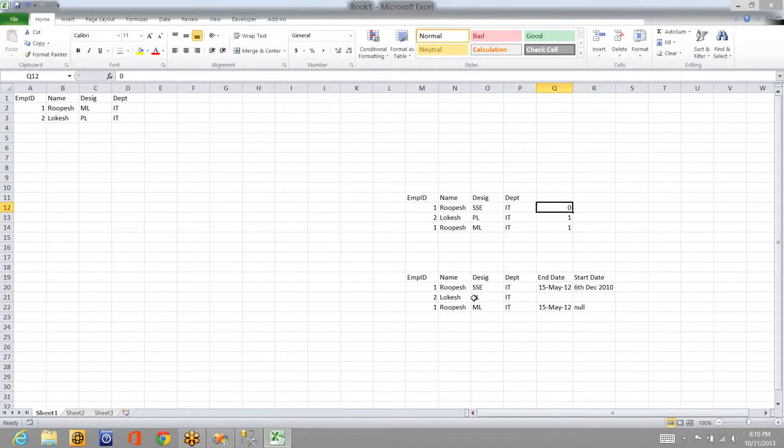In the same way, there are so many. The problem here is the number of records will increase. The number of records will continuously grow like anything. So there are so many types of SCD, but in SSIS, the SCD transformation supports 3 types, and we are going to discuss all of those: type 0, type 1, and type 2. So we're going to discuss those three SCDs in today's session.